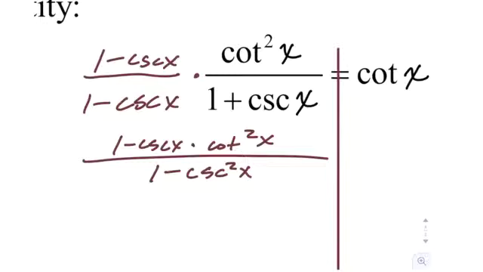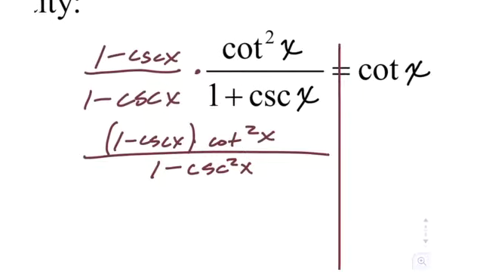Look at my numerator. Something's missing. Parentheses. And that's going to cost you a check if you don't have those. Okay, now, what is 1 minus cosecant squared? That's where you're like,